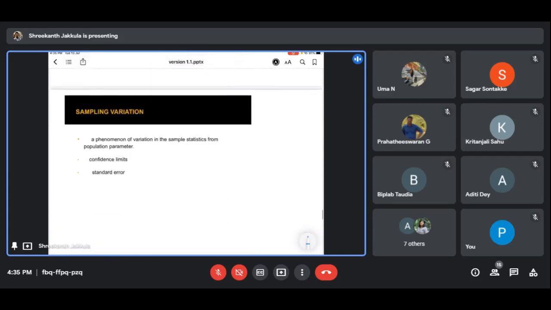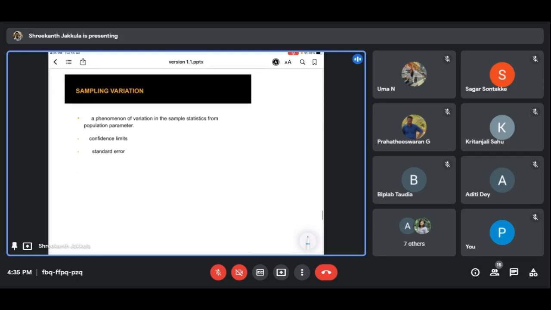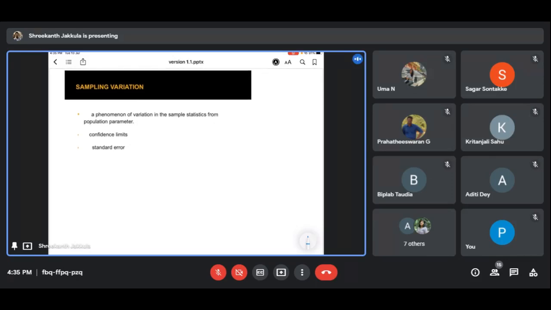And then I will give a brief about what sampling variation is. This is the last, we have come to the end of our topic. So what is sampling variation? If we consider there is a population of 100 people, and we need 10, that is the sample. The first time we take 10 samples from the 100 population, the proportion of the sample and the proportion of the population are different, right?